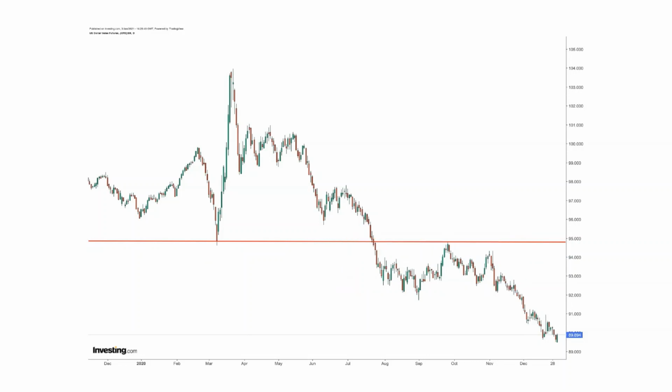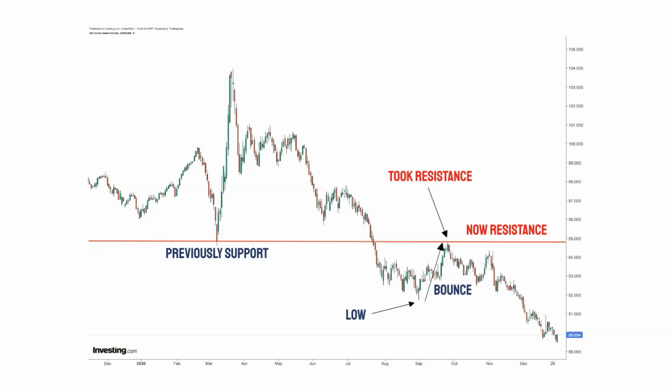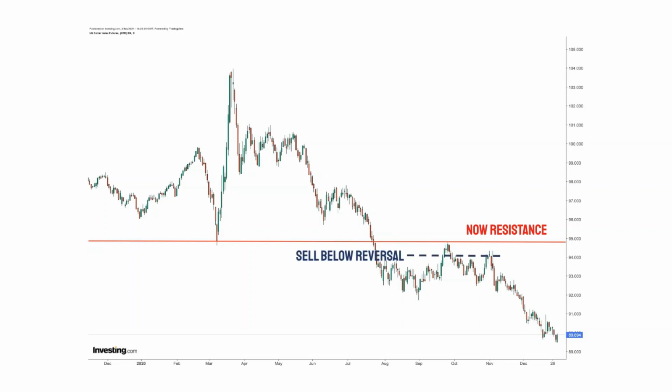In a downtrend, after a support level is broken, this same level should start acting as a resistance level. It makes a new low, took support, and bounced. On the bounce, it faced resistance at this level. This brings even more clarity about the trend. After a visible reversal on the chart, a sell signal is generated. One should look for a short selling opportunity below the reversal. Stop loss is to be placed above this resistance level. Beginners can book the profit at 2 to 3 times the stop loss. When a stock is in a downtrend, one should look for short selling opportunities after a bounce.